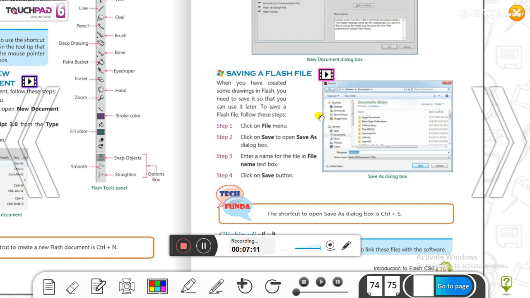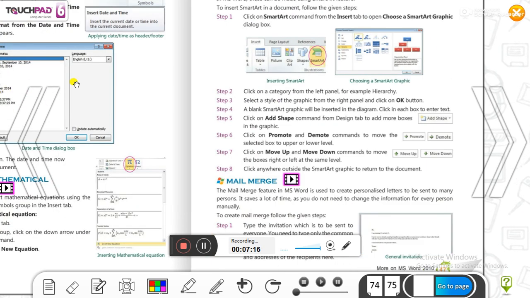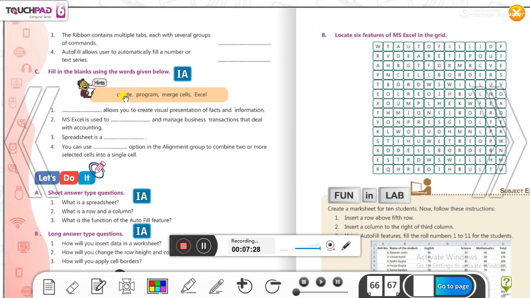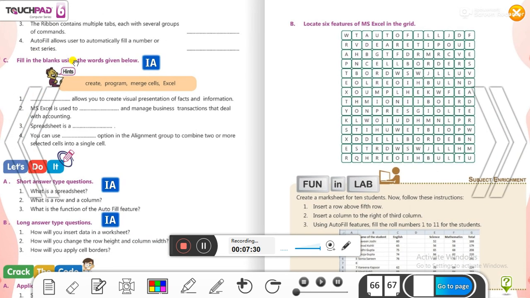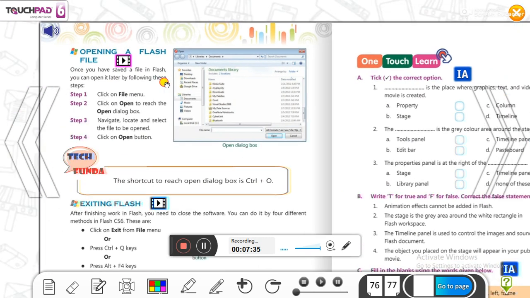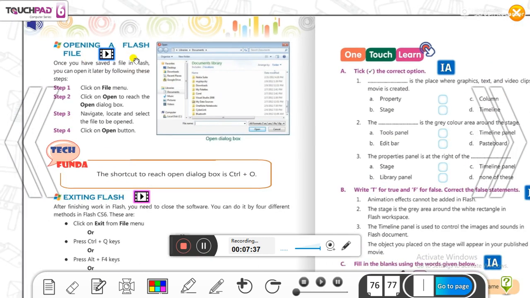Next topic is opening a Flash file, that is, an existing file, the file that you have already created.